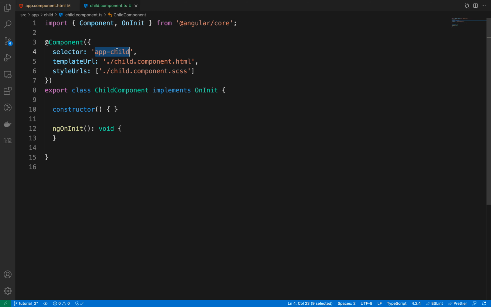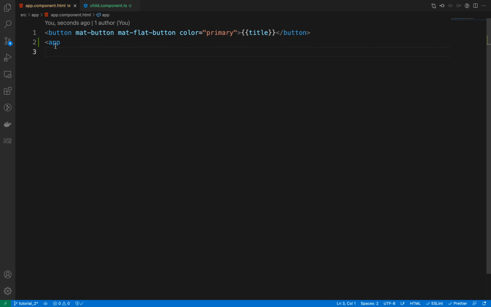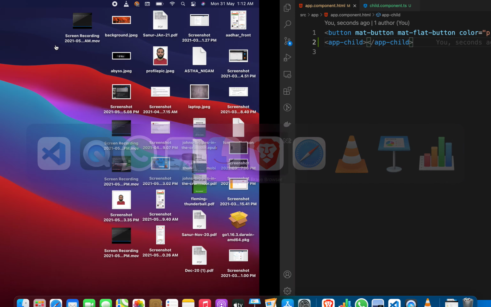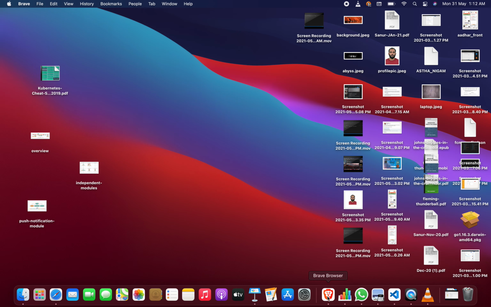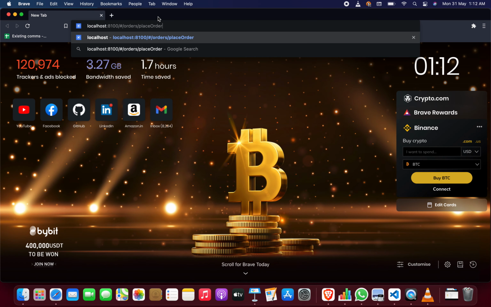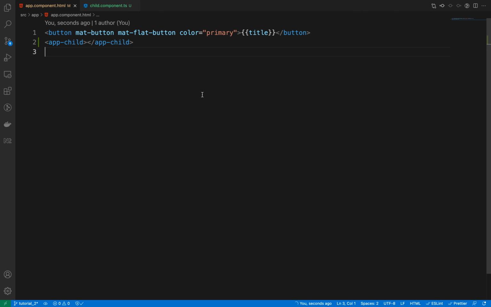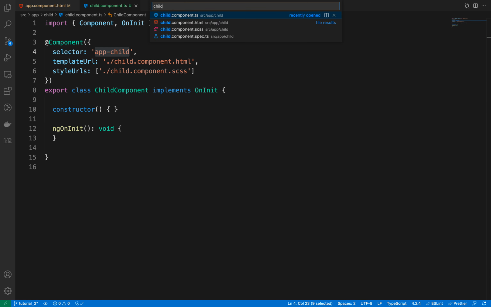If you look here, we just need this selector, right? And then that's it. So now if you go back to localhost 4200, you should be able to see "child works", which comes from child component.html. Now this far everything is fine.